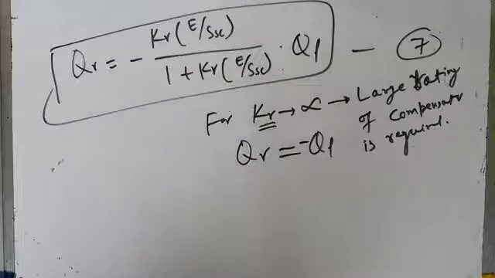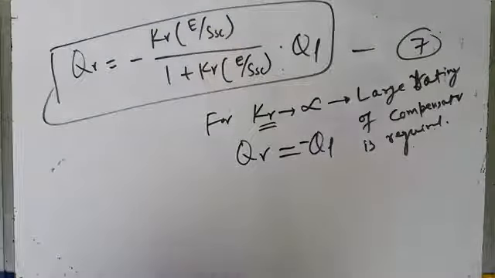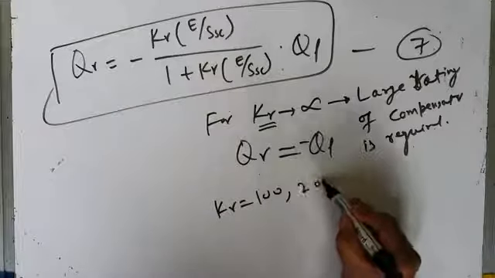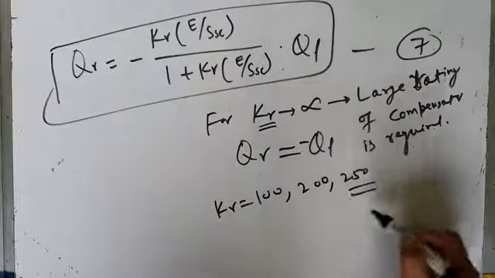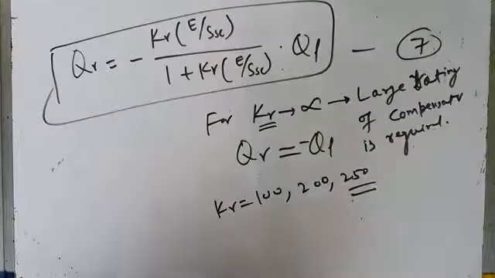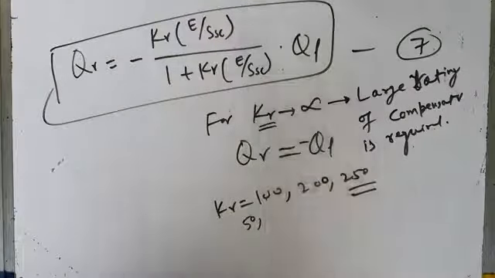Okay. So therefore, practically, when you put a shunt compensator as a voltage regulator to give zero voltage regulation, you never go for infinite gain. You go for a finite gain. Maybe K gamma is 100, you may go for 200, you may go for 250. As the gain of the compensator increases, the size and the rating of the compensator also increases, and the cost will not allow you to go for very high gain. So you may go for a gain of 50, a gain of 100 or 200 or so.